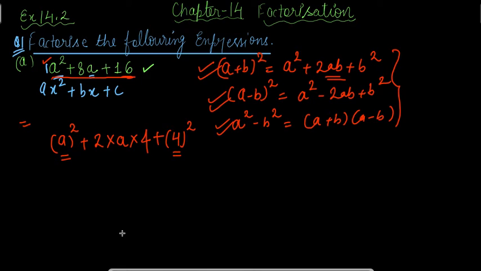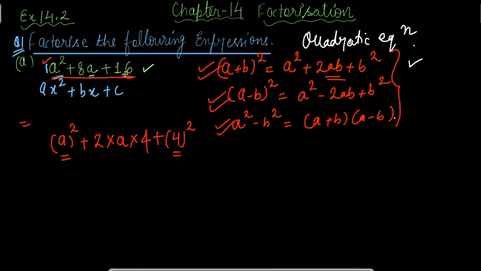Now I am again explaining this step. Please pay attention. First thing, you should be able to identify the type of question. If it was a binomial, we took something common. Then when we had 4 terms in an expression, we tried the regrouping and rearrangement method. Now in this question we categorically have a quadratic equation, which can be solved either by the algebraic identity or the middle term splitting method.